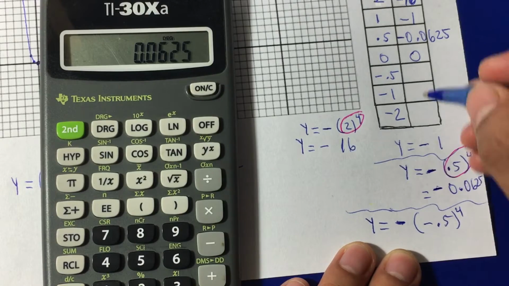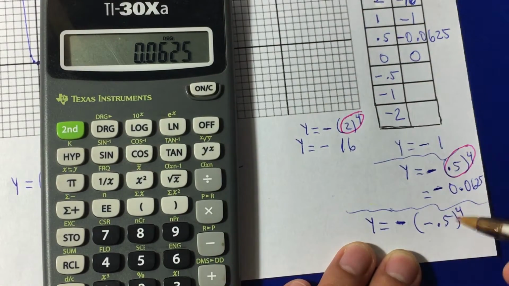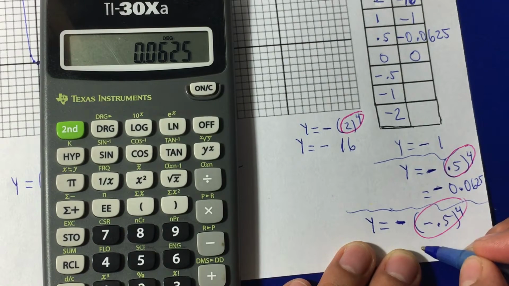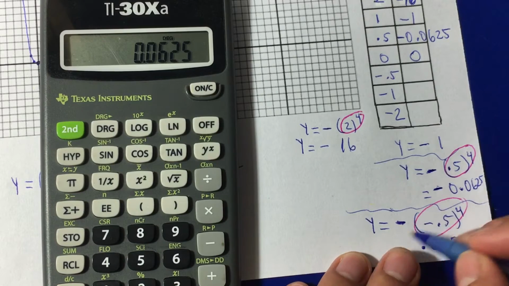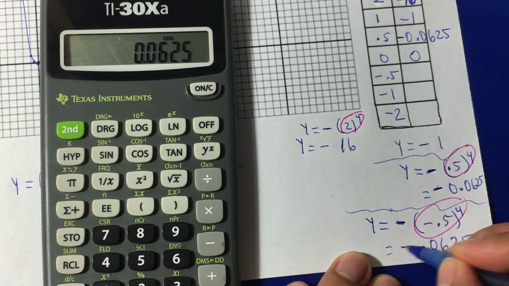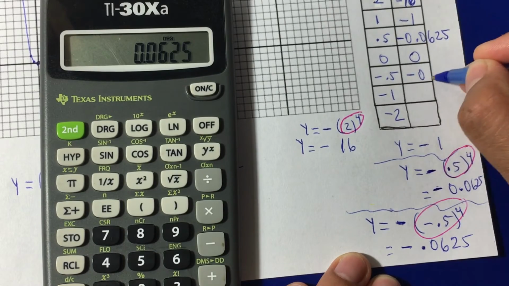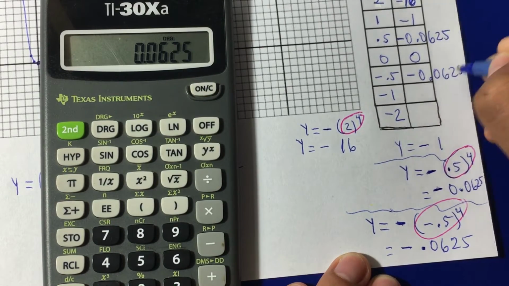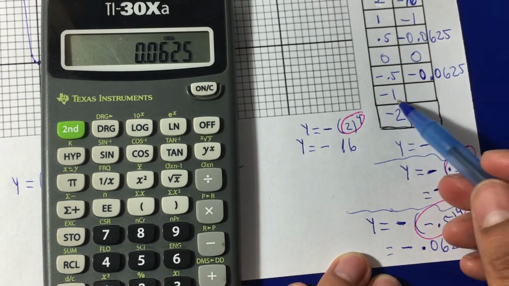Okay, positive for this part is positive 0.0625, but we bring down the negative from outside. And that's when it becomes negative 0.0625. If you put the 0 or not, that's okay. And then negative,